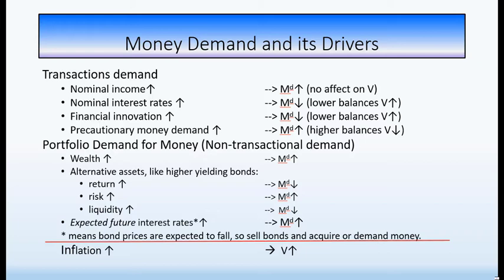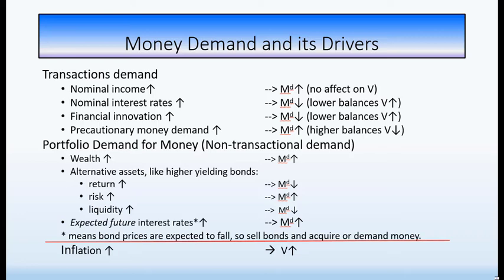And now here with risk, when risk goes up on those alternative assets, we're going to want to move out of those assets and into cash and into checking accounts or cash in your pocket. That makes sense. Now, if the alternative assets increase in liquidity, then our demand for money is going to drop off because, wow, we can actually put our money in a bond fund, which is not in the definition of M2, for example, that money aggregate M2. Then what will happen is we'll have less money in our pocket and less money in our checking account.